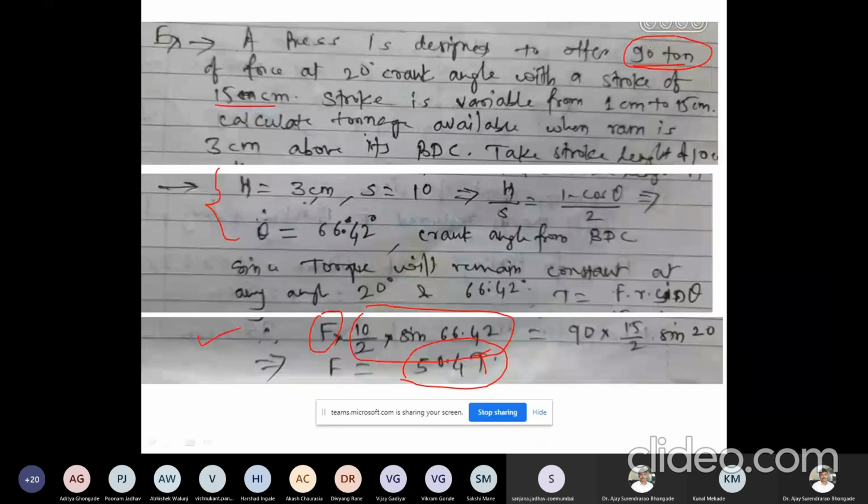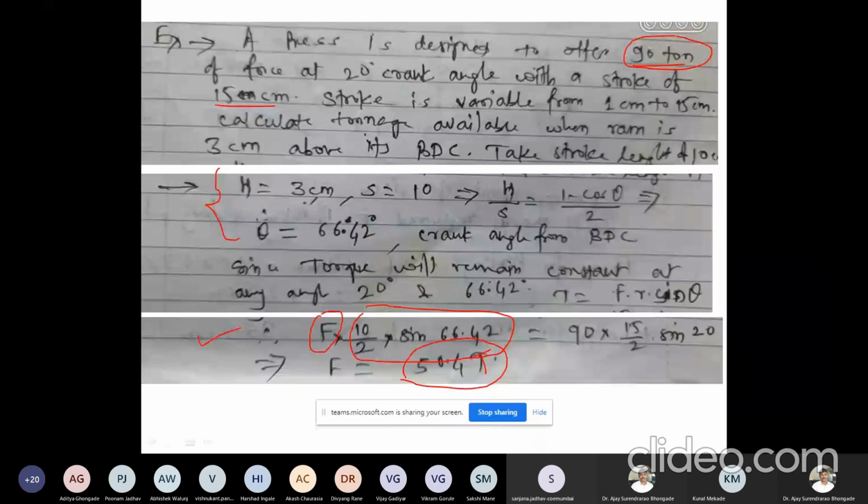But the other parts of the press machine, such as the connecting rod, crank radius, crank material or ram material, cannot sustain that amount of force and they may break. Correct. So we will not overload the press beyond this 90 ton. If we overload this press beyond 90 ton, or try to work out jobs where the force requirement is more, that may damage the machine, right?